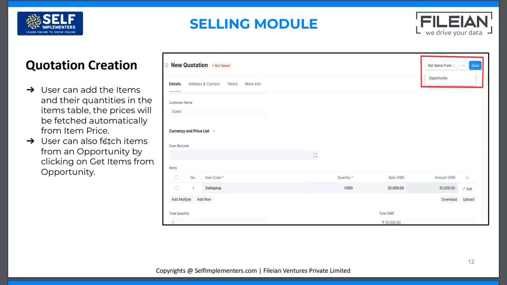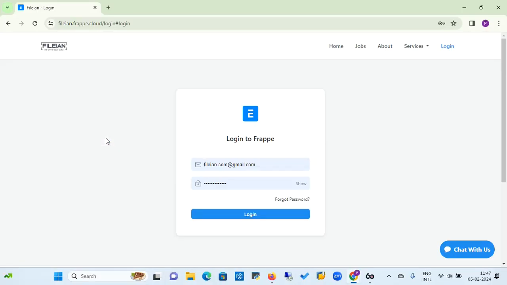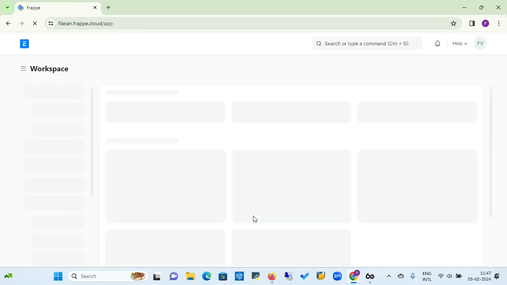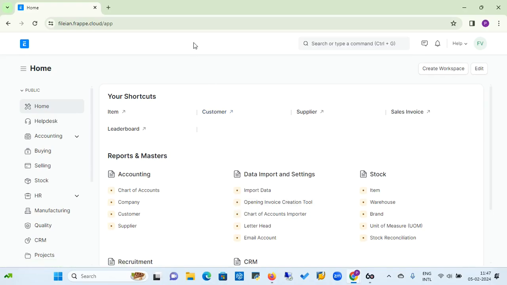So let's go to our ERPNext application. Here in a web browser, I have already entered my URL in the address bar, and I am landing on the login page. Under the login page, I have entered my username and password. Now I am clicking on the login button to enter the ERPNext application. Once I have clicked on the login button, I have landed on the home doctype or home page of the ERPNext application,